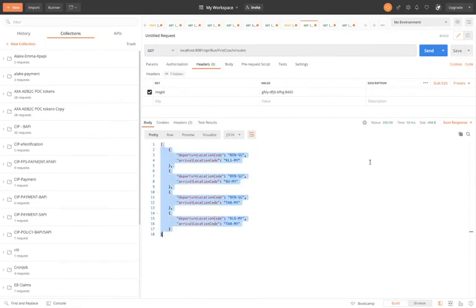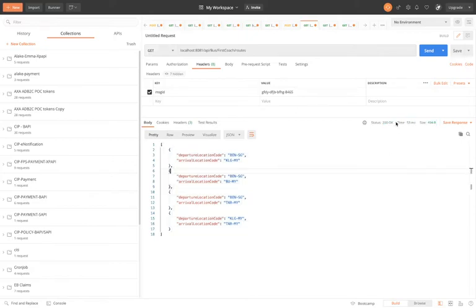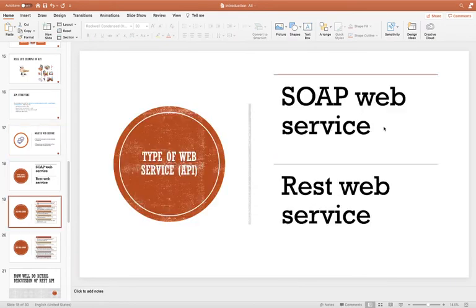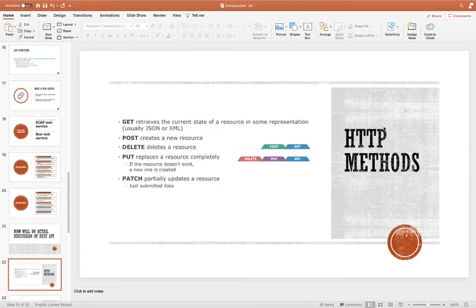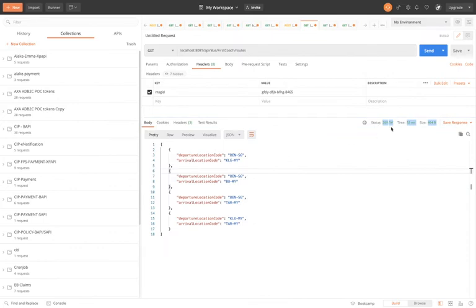Now you can see we are getting this status code. As we discussed, we define some method and we get some status code. Just now we discussed this 200. 200 means okay, the request succeeded. Okay, it means we called this API and from this API we received the response successfully.